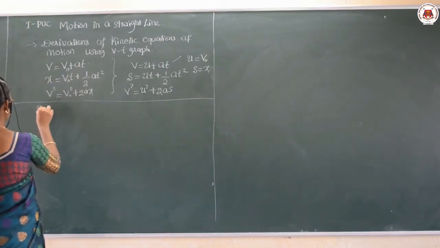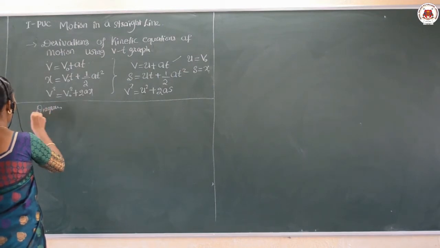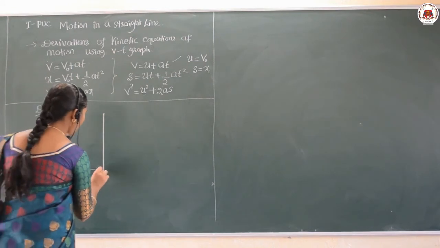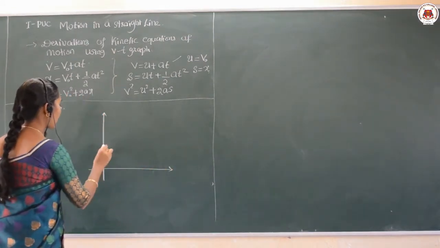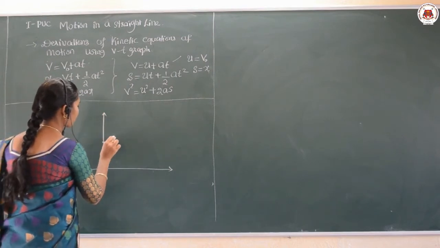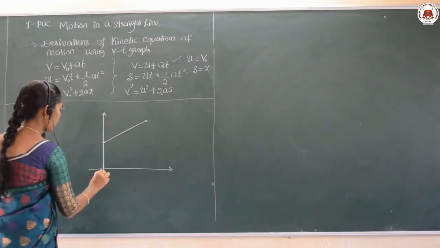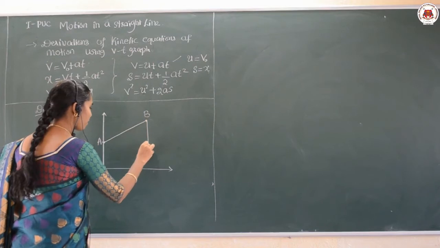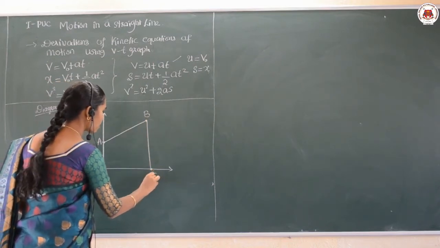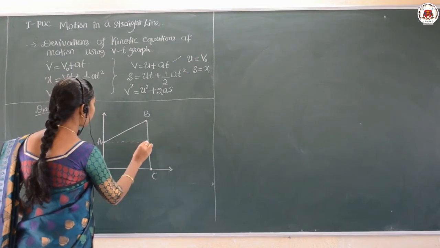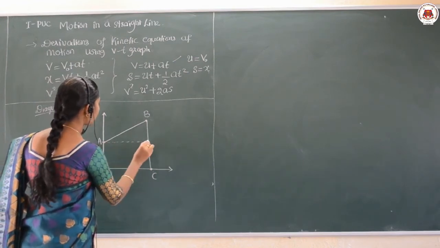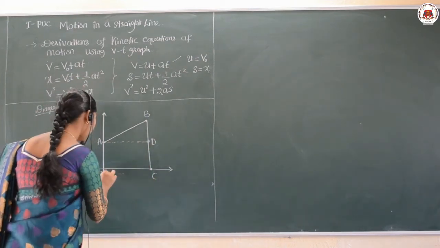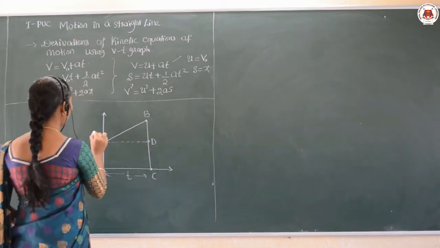For that, first I can show the given diagram, and related to this diagram only we need to write the considerations. So this is the origin, I can say O, this is A, this is the point B, and from B to here I take this point C, and from A we need to take a perpendicular at a point D. And you know that here the OC is what? This is what we are taking now.